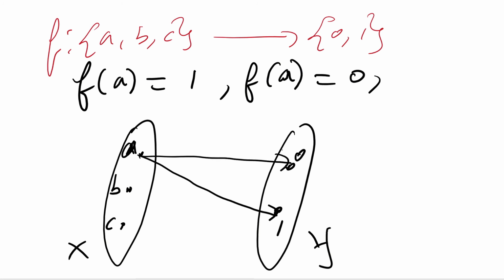Now this is for sure not a function, because it already fails here: f of a by itself maps to two elements in y. So f of a gives you 0, and at the same time f of a gives you 1. So we say that every element in the domain must map to a unique element in the codomain. So this is the codomain, and this is the domain. It fails here because one element in the domain mapped to two elements in the codomain, and at